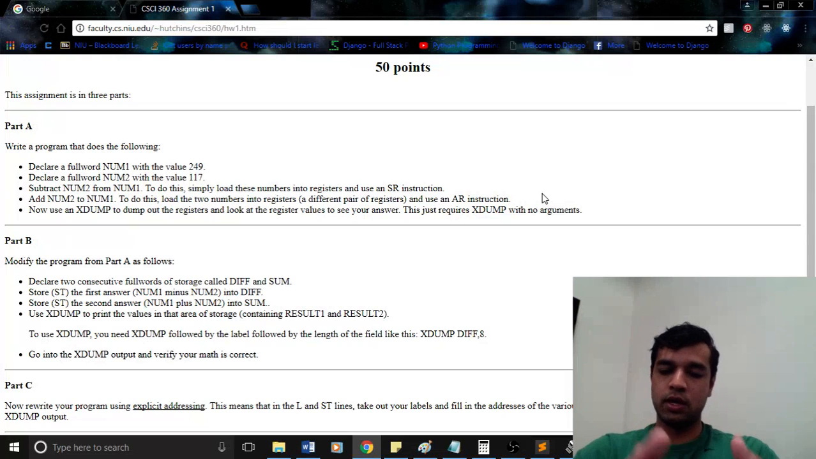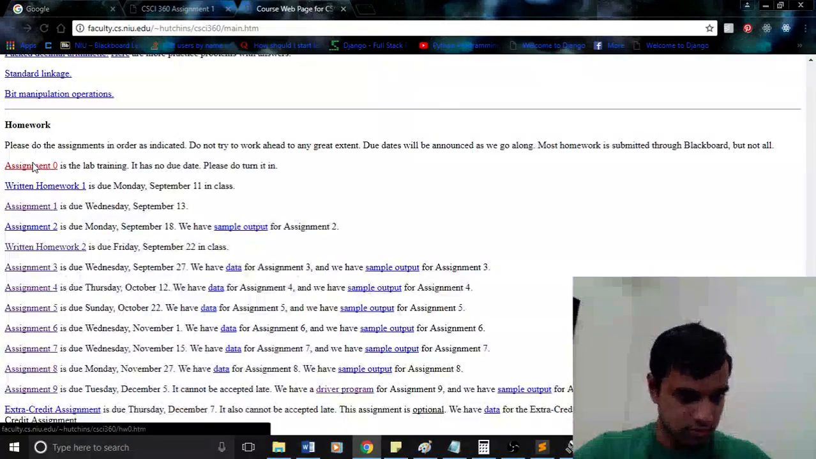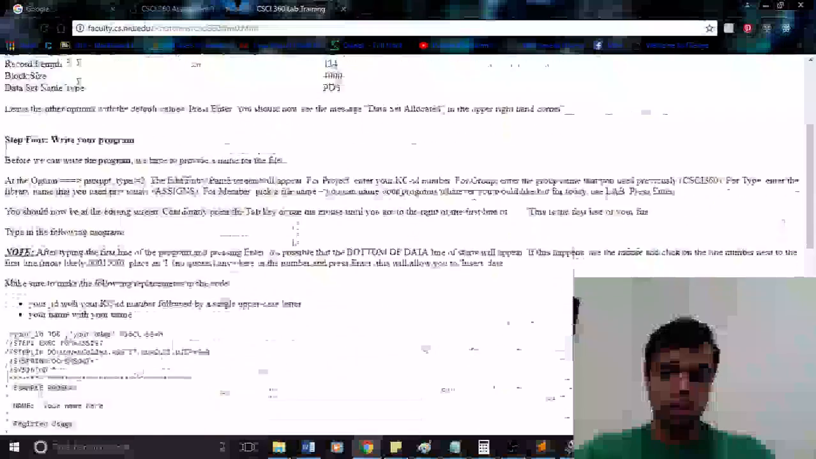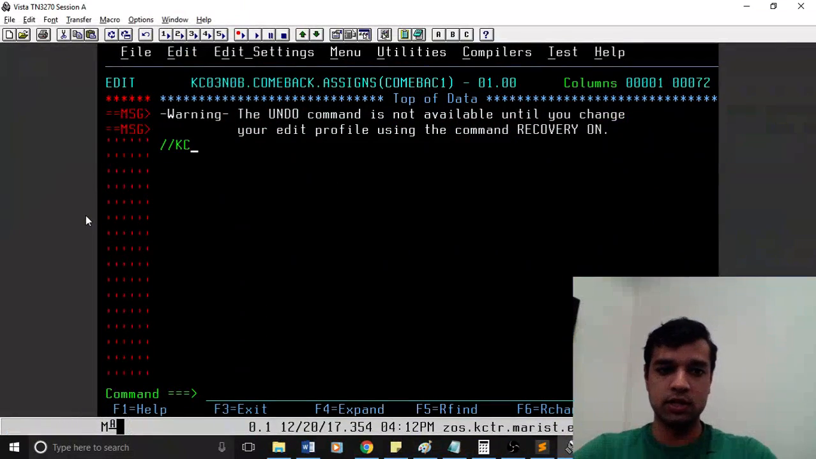Before you begin, similar to how you're doing Java, you want to make sure that you declare every single file that is included. So for this it is the JCL. You can check our notes. They say start with the JCL, as in the trivia little program we had in the lab training assignment exercise. So let's pull up the JCL, which is this one, and we'll be writing the JCL,